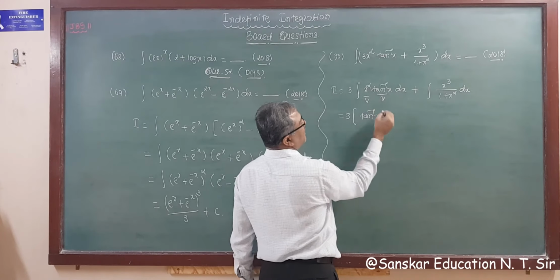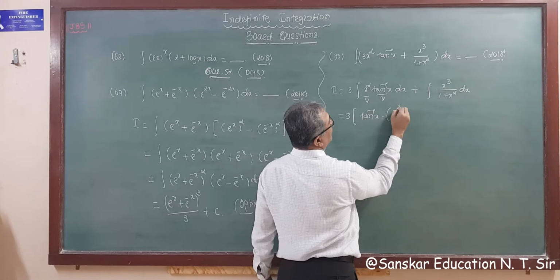Now the integration of this is x cubed by 3, minus integration of the derivative of this, which is 1 upon 1 plus x square, and the integration is x cubed by 3 dx, and plus this integral as it is, that is the integral of x cubed upon 1 plus x square dx, right?